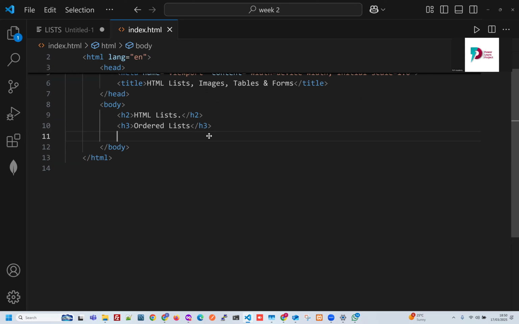So how do you embed an ordered list? You use the tag OL. And for the different list items, we use the tag LI. So for example,